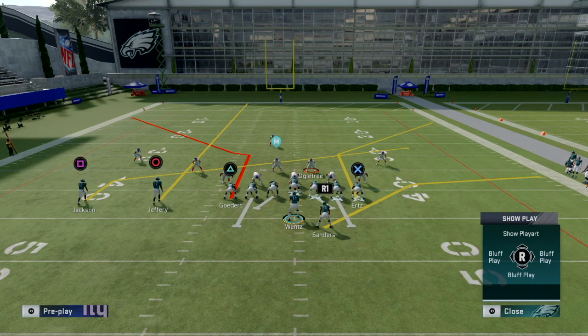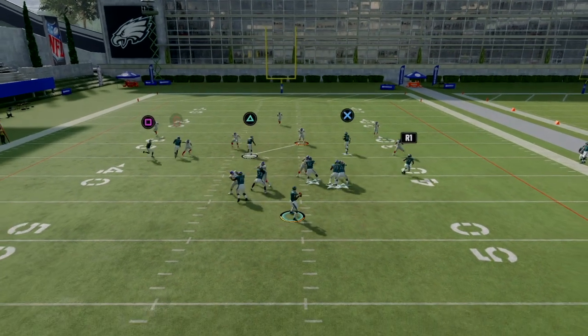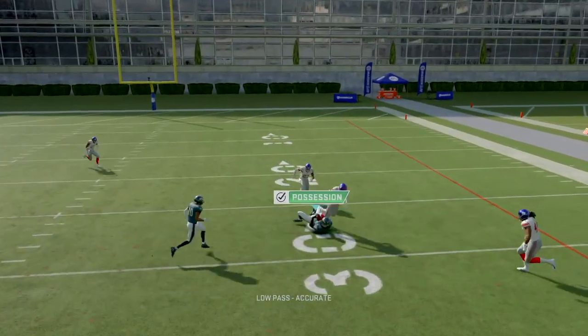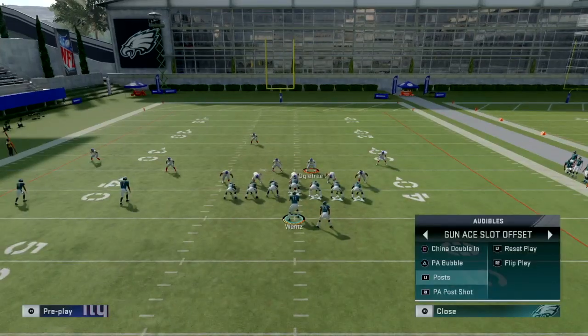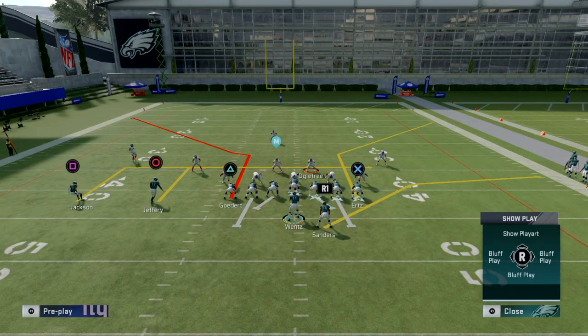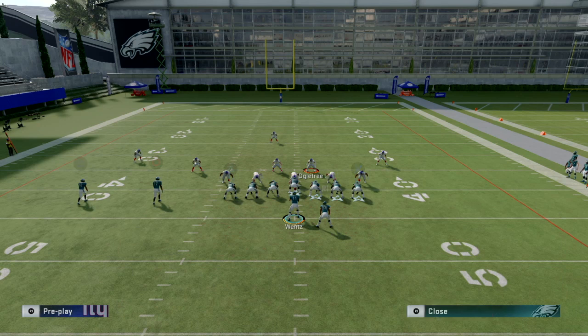You don't even have to mess with any of these. You don't have to do too much. Maybe there's another cover 3, which is that China one, because you have both tight ends on corners. So here's that China one right here. Maybe I'll do something like this